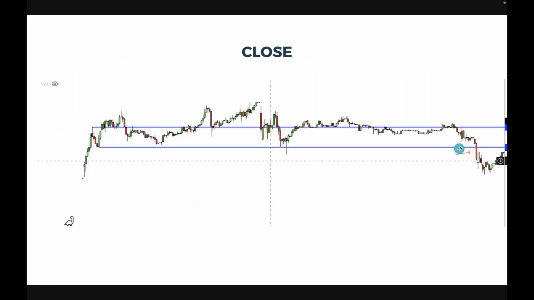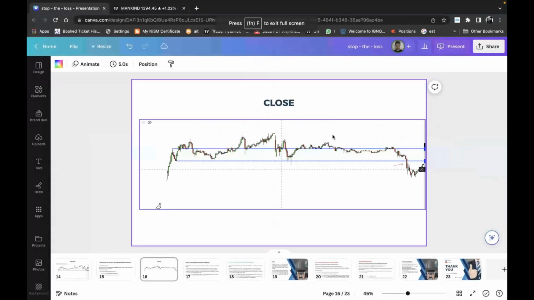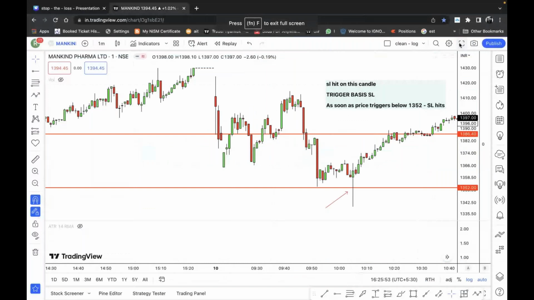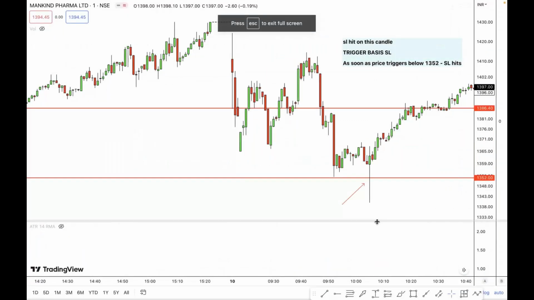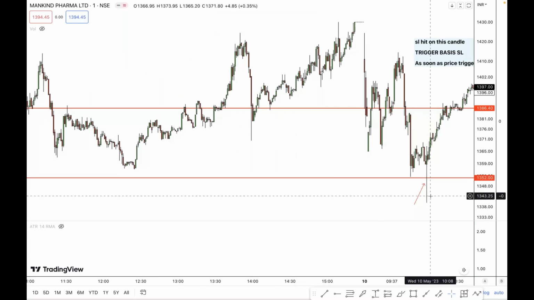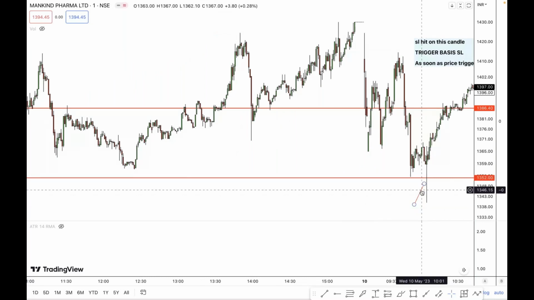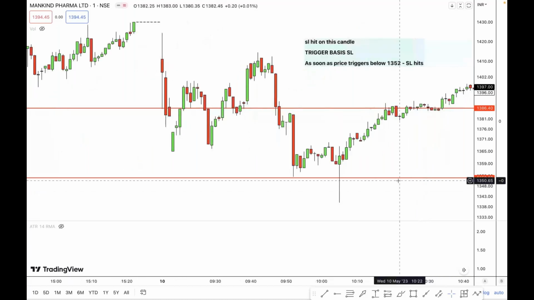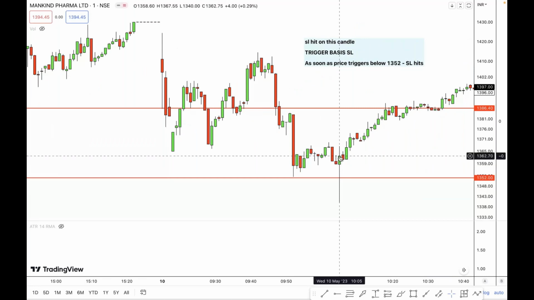Now, let's take a similar example only, as we were talking about Mankind Pharma right here. So here on this candle, the trigger basis stop loss was hit because the stock went below the level of 1352. लेकिन stock ने closing कहाँ पे दी थी ये वाली candle पे? On this candle, the stock closed at the level of 1362. Okay, so closing basis stop loss was not hit here. The closing basis stop loss was only hit